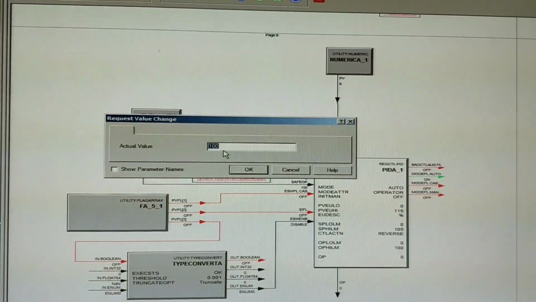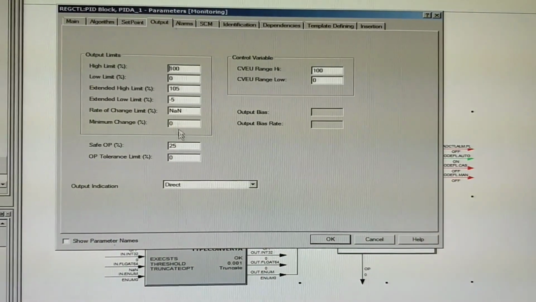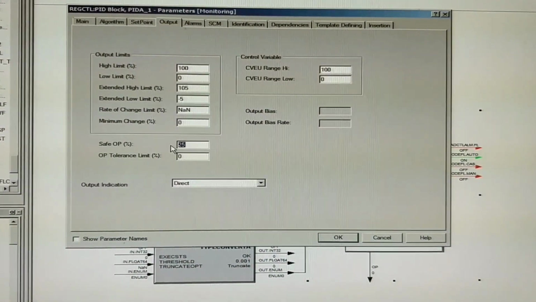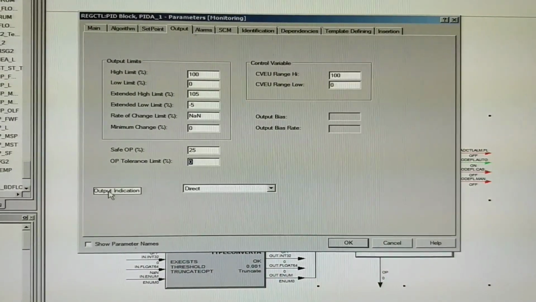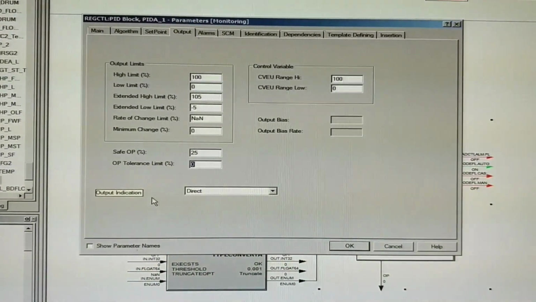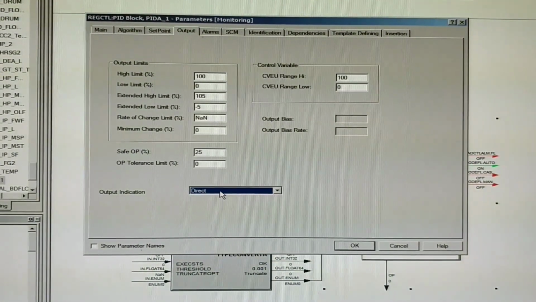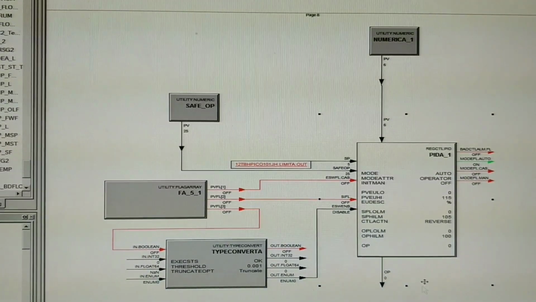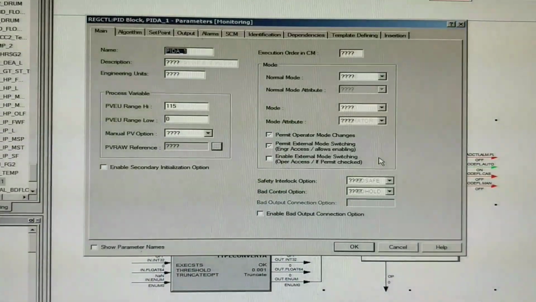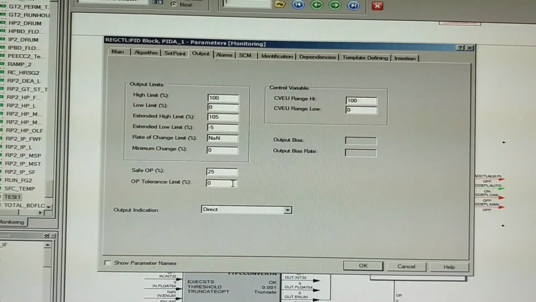If we change the safe output value here, let's say 25, then here you can see same will be reflected. This is the output tolerance limit. Normally we don't change that. This will be always in disable condition. This is the output condition, direct or reverse. So this output can be reverse, means 4 to 20 milliampere will be transmitted in the form of 20 to 4.